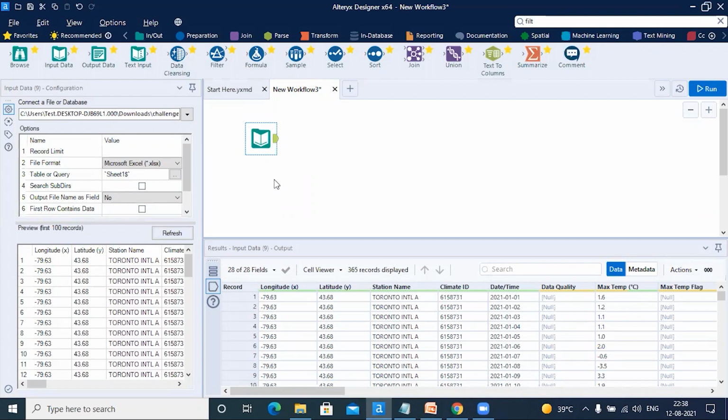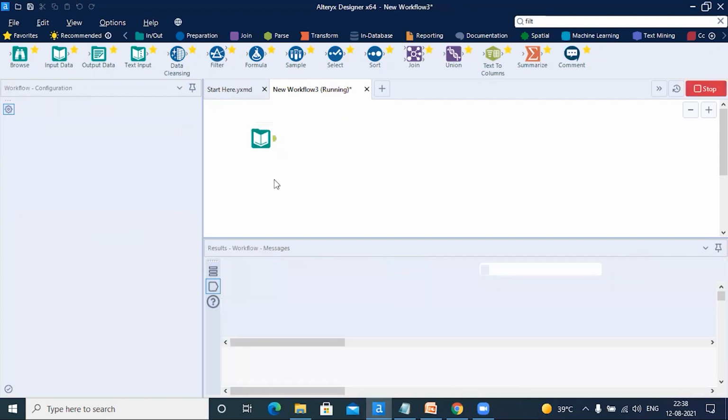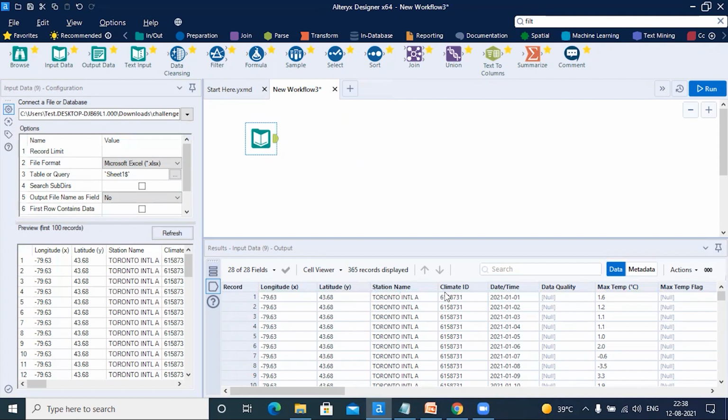So guys, now I am on the Alteryx window and I have already imported this table, and if we run this table, we can see the same preview over here. As we can see, there are 365 records, and the date starts from 1st January 2021. If I scroll down, it ends on 31st December 2021. So the entire year is covered over here, and one date is in one row. Okay, so as we have discussed earlier, only 2 columns are important in this question.